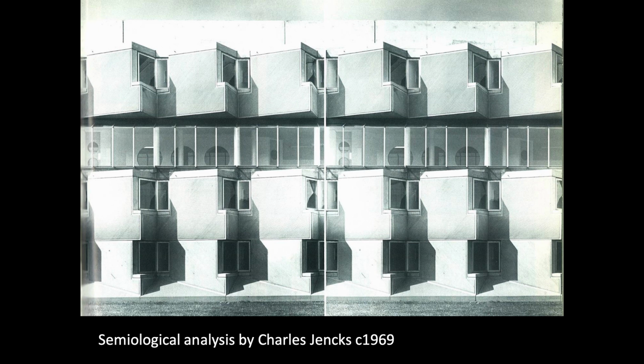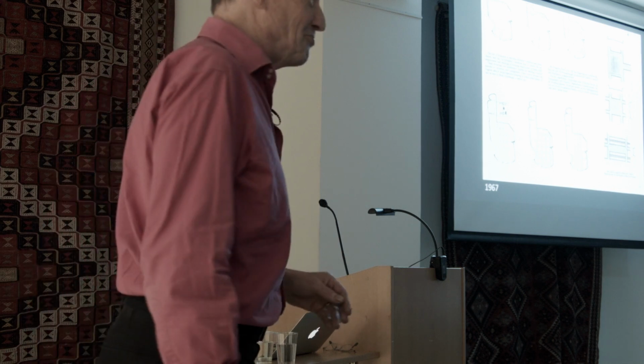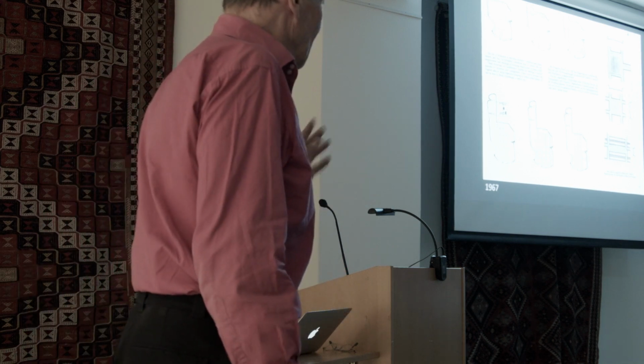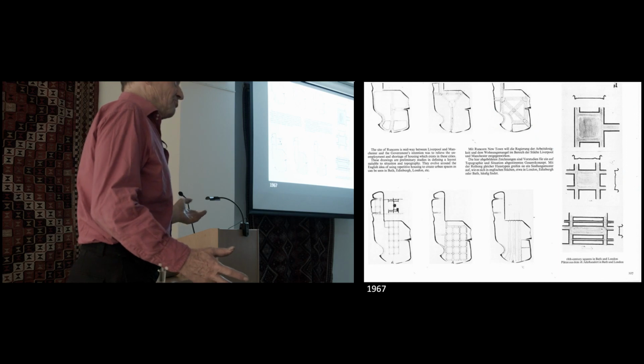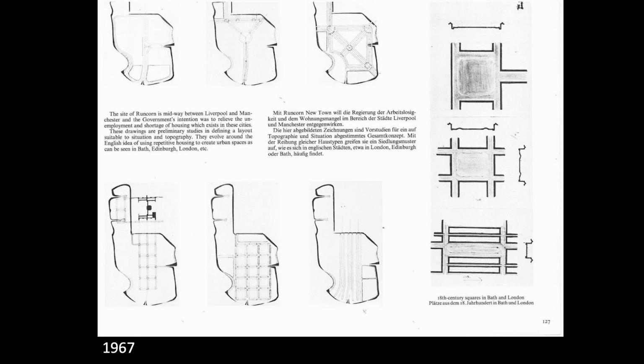But they did discover, and I don't quite know where it came from, never looked at it, the idea of diagonal ribs in the precast concrete panels, which we'll see again in a minute, to deal with the rain, so that it spreads the stain. And I've never seen it, but I kind of feel that I know it really well. And on the strength of that, probably, somebody told Fred Lloyd Roach, who was chief architect of Runcorn, to employ